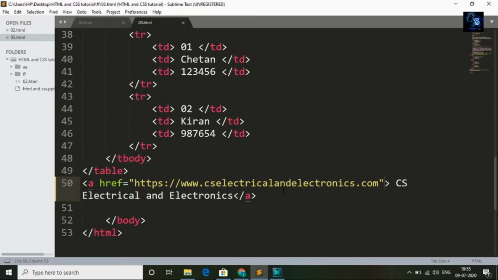Guys, now I will discuss the target attribute. Suppose you want to open my website in a new tab, then there is an attribute called target. Now I will show you how to use it. Give a space and type target